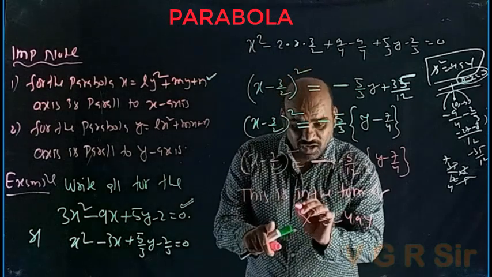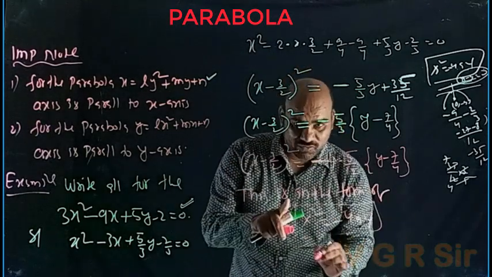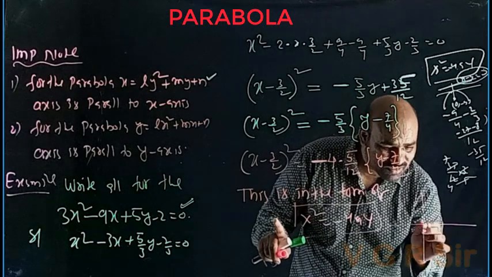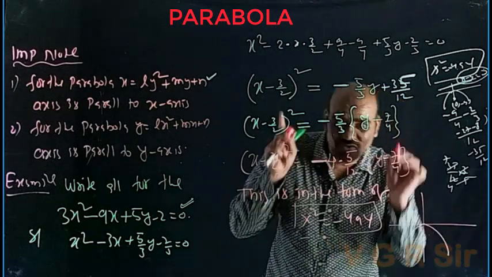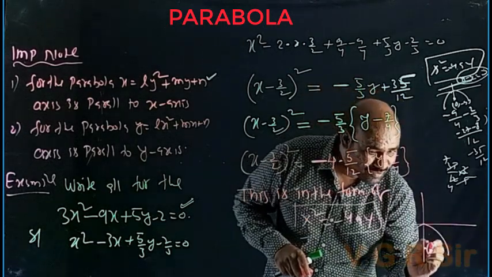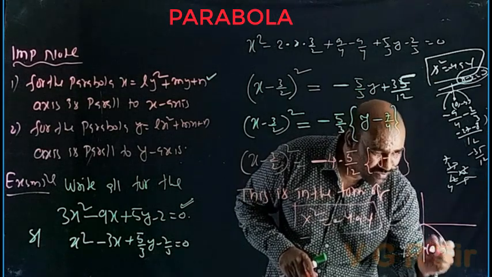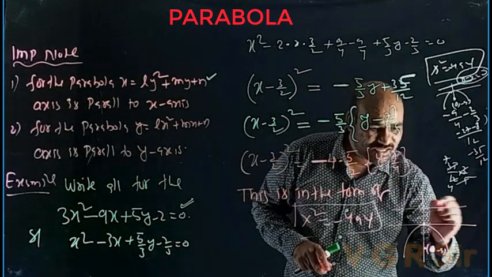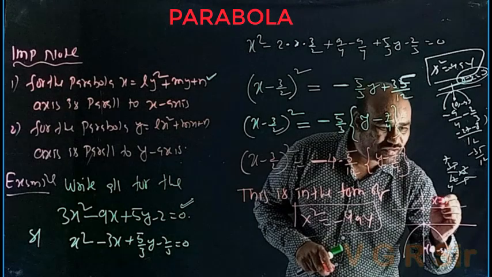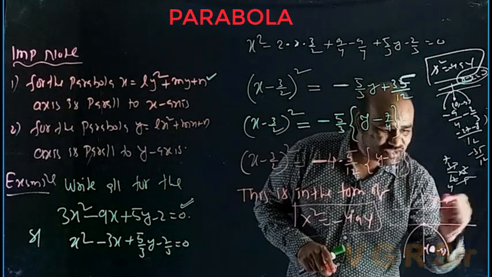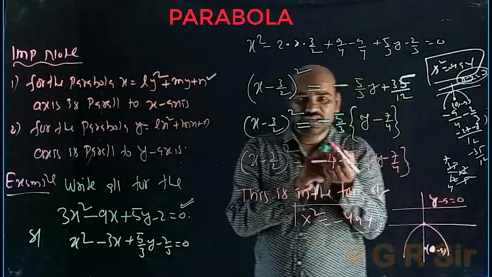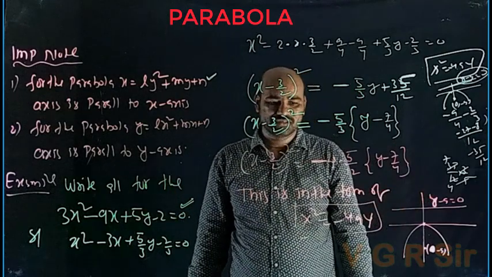Okay, so we want to write the rough sketch of standard form. What is the rough sketch of standard form? This is the rough sketch. By using this, I will complete everything. So what is this? 0 comma minus a is the focus. And what is this? y minus a equal to 0. By using this, I can write everything for that parabola.